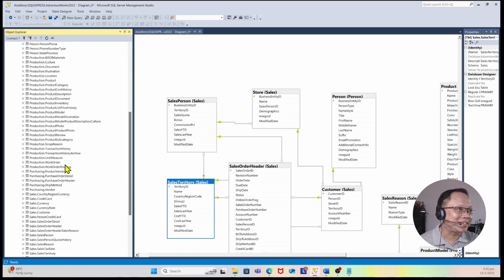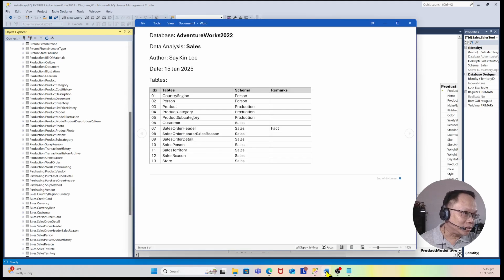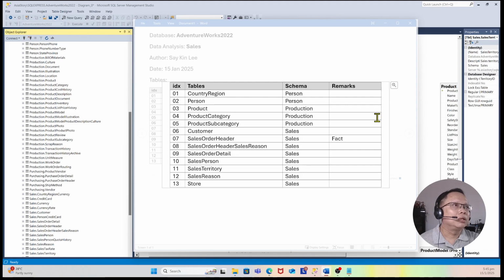I've already selected 13 tables. Let me see. Okay, here, these 13 tables. We will select them and SSMS will provide the diagram view for the relationship. Okay, so the first one is country region with the schema person. Then the next ones are person, product category, product subcategory, customer,